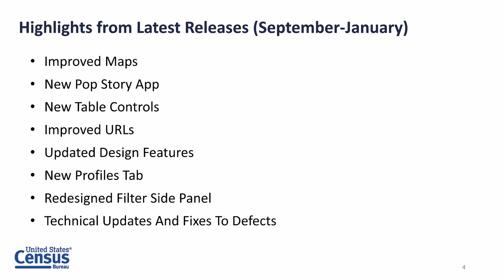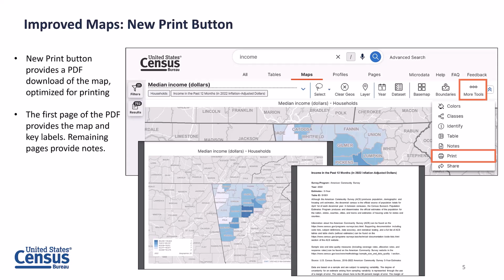The updates include improved maps, a new application to access population pyramids through the PopStory App, new table controls, improved URLs, updated design features, a dedicated profiles tab, a redesigned filter side panel, and as always, technical updates and fixes to defects. Starting with improved maps, one of the things I'm most excited about from this set of updates is the